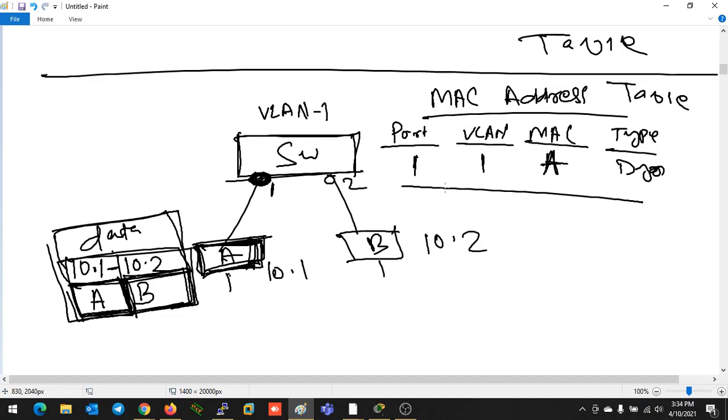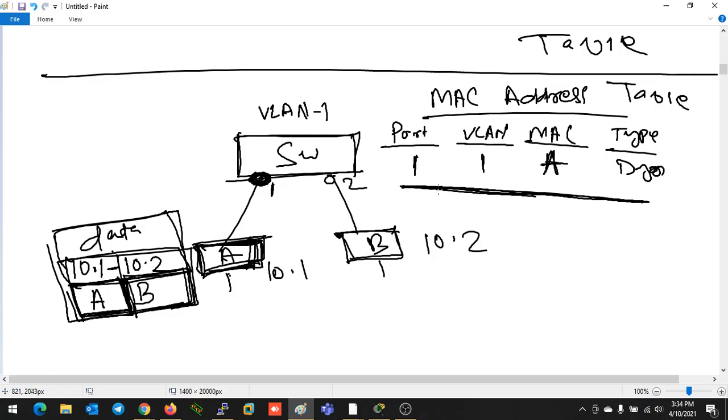What will that activity be? The switch knows someone wants to send data, but it doesn't have any information about the destination MAC address. It might be that device B is available, but B has not sent any data towards the switch.